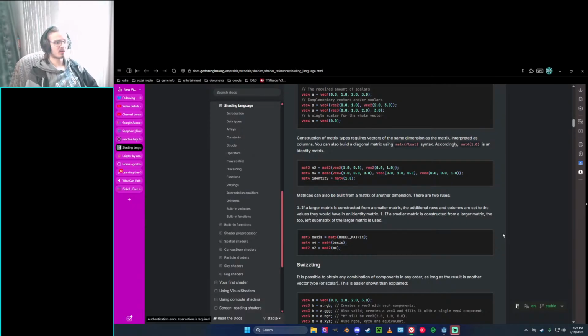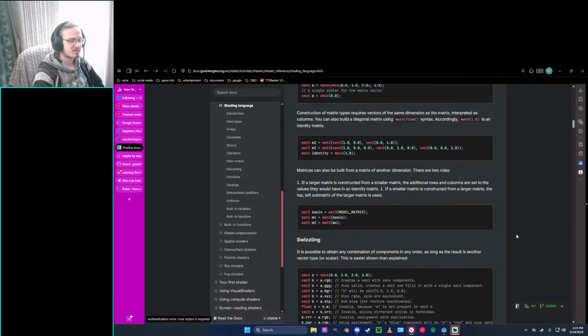If a smaller matrix is constructed from a larger matrix, the top-left submatrix of the larger matrix is used. mat3 basis = mat3(model_matrix); mat4 m4 = mat4(basis); mat2 m2 = mat2(m4);